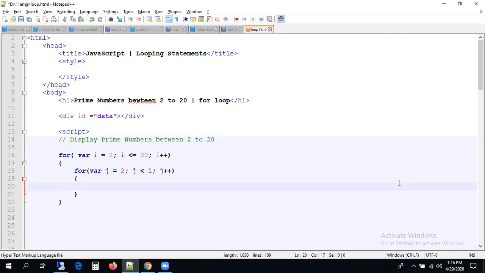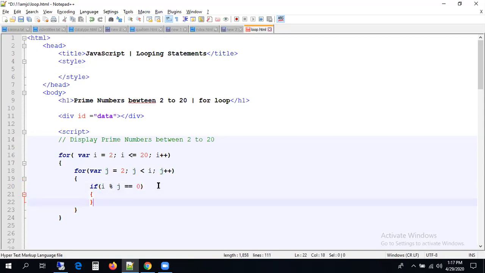Let me come down here. Yes, here I'm writing one condition. What is that condition? If the number is even, how can we say a number is even? If your number is divided by 2 and you get remainder 0, then we can say the number is even, right? If your number is even, is it required to iterate the loop? Not required, right? Simply I have to stop the loop execution. How are we going to stop the loop execution if a number is divisible? Otherwise I need to continue the loop, right? Let me write a small condition here: if i modulo j equal to 0.